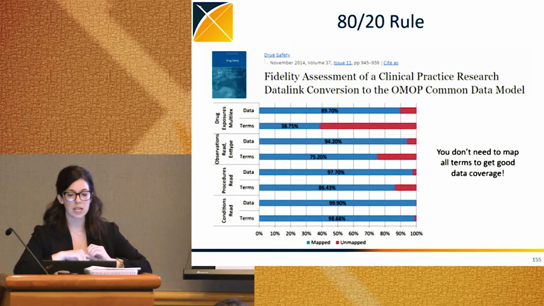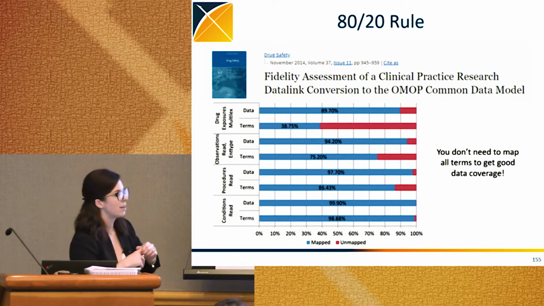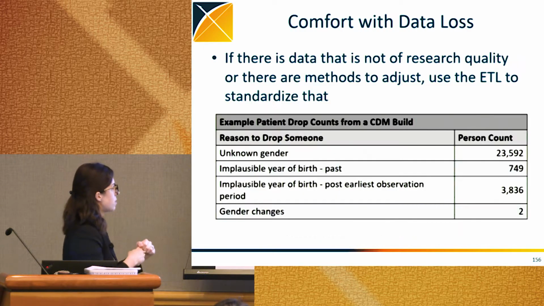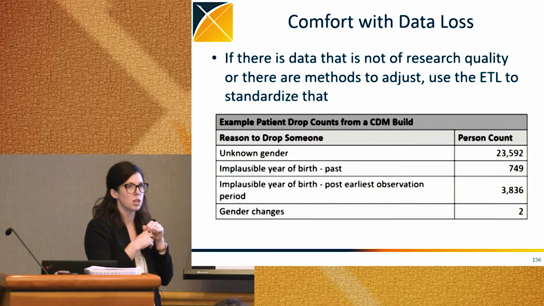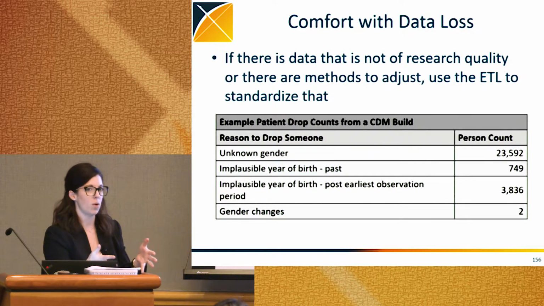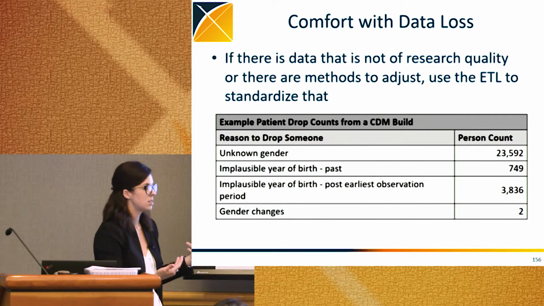And don't be afraid of data loss. We do have some folks saying, I don't want to lose people. But really you have to think about it: if a person doesn't have a gender recorded in your database, are you actually going to use them in analytics anyway? How useful are they going to be to you? If you're not going to use them in analytics, it probably doesn't make sense for you to keep them